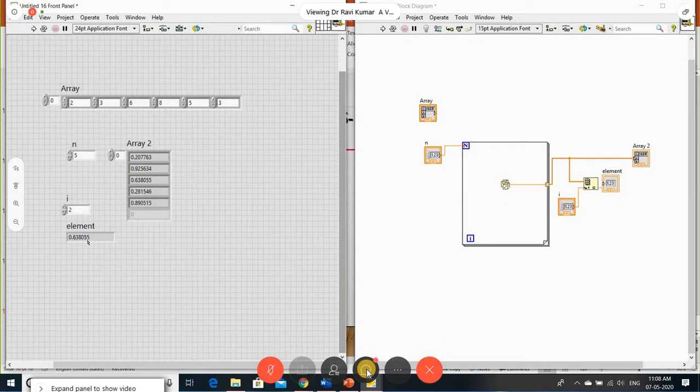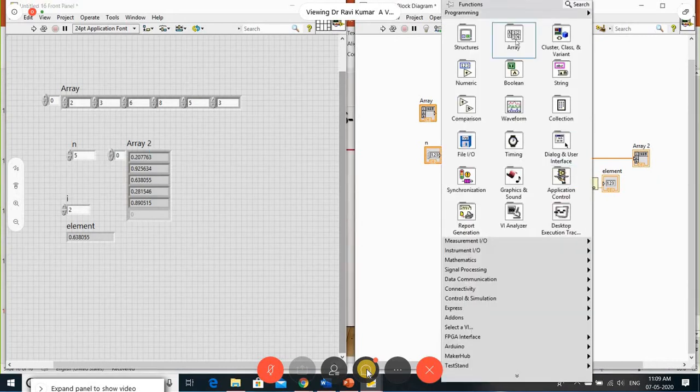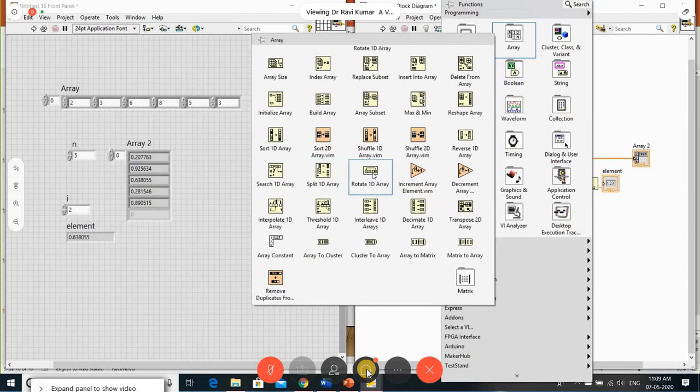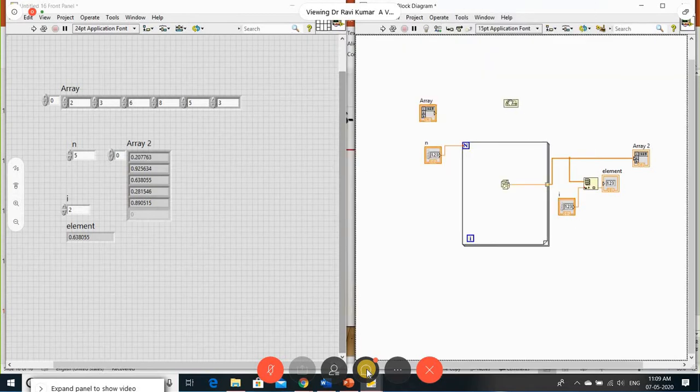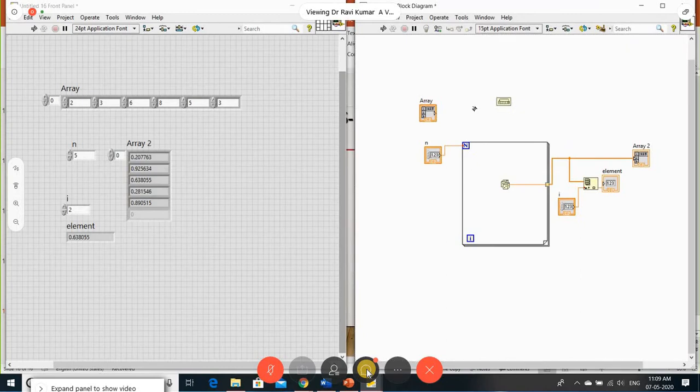So likewise, I can insert an element into an array or find an element in an array. I can do this by using index of an array. Clear? So we know how to generate an array and how to insert into an array. Let me take one more function. We have rotate. I have an array.